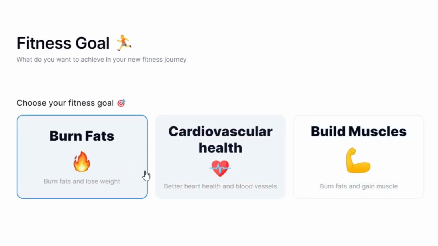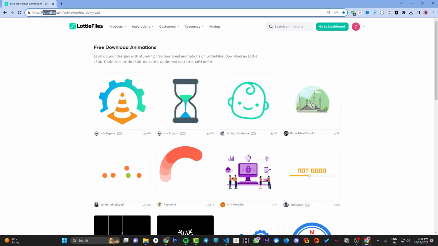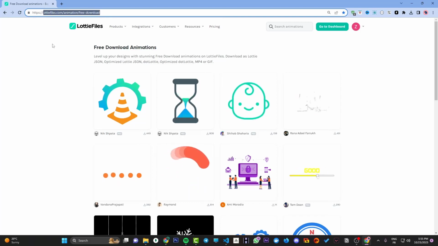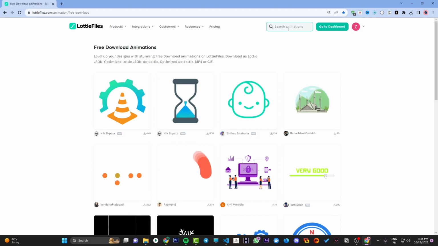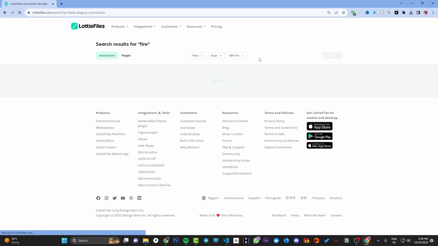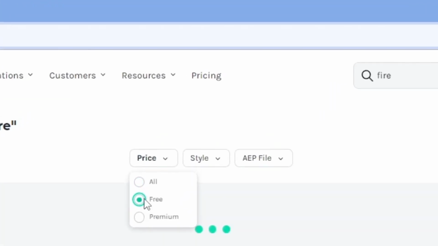As you can see, those beautiful animated emojis that you can use on your project. Basically, to use those you need to go to lottiefiles.com. I will link this URL in the description as well. Just search for any animation you want, for example fire or anything. Make sure to choose free here,